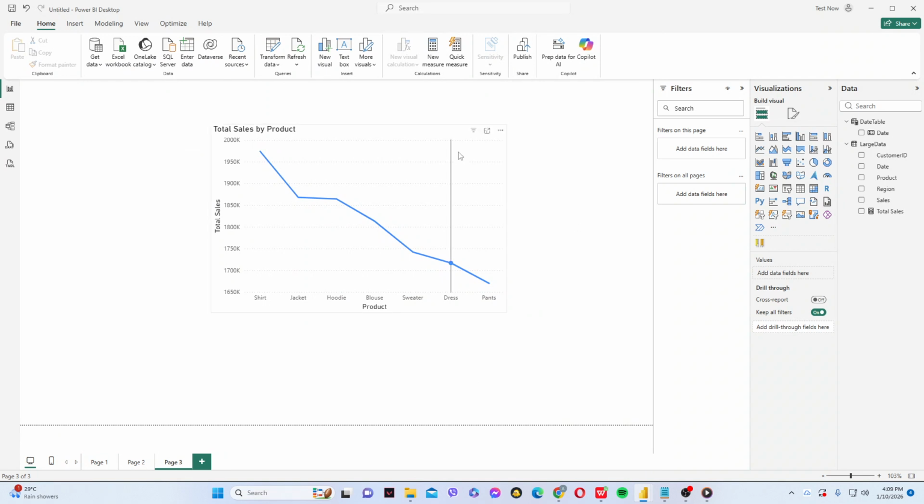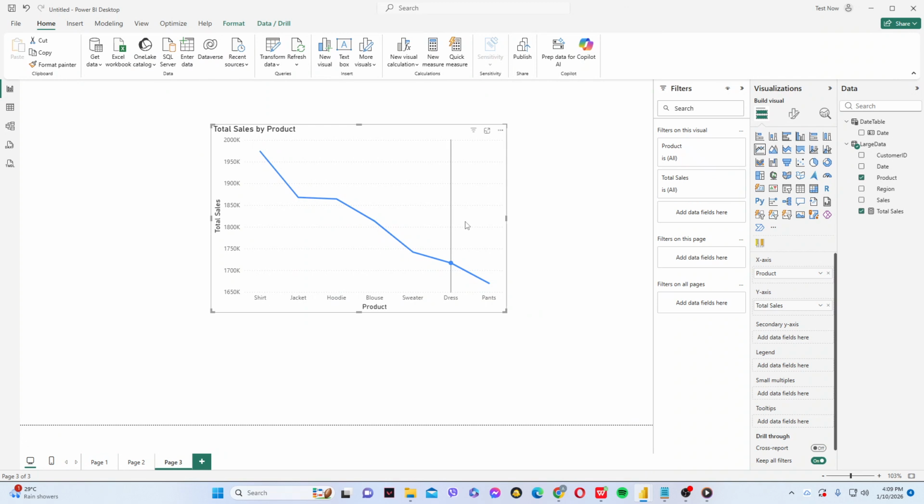Start by selecting the visual you want to analyze. This could be a line chart showing sales over time or a clustered column chart comparing sales by product. What matters is that the visual has a numeric field on the y-axis because the percentile calculation needs numbers to work with. If you don't already have a chart, quickly drop a numeric measure onto a suitable chart type so